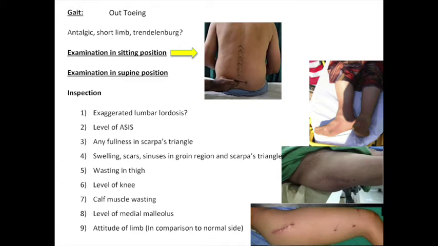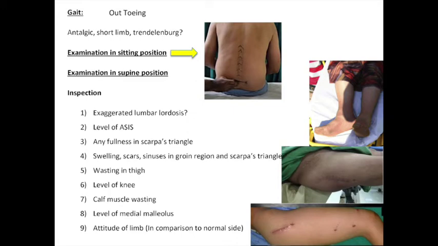Now, what we are observing is that you will get more and more cases in the exam in which surgical intervention would already have been done. So if there is a scar and you have not described it in inspection, you have done a major miss. So you need to look for a scar for a PFN or a DHS, and be very careful. If the patient has been managed by conservative treatment, as you have described in the history, you must look for a scar for the upper tibial Steinmann pin. So these are important points of observation which you need to bring out.